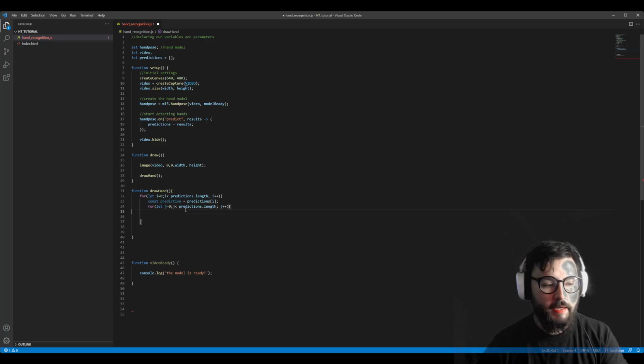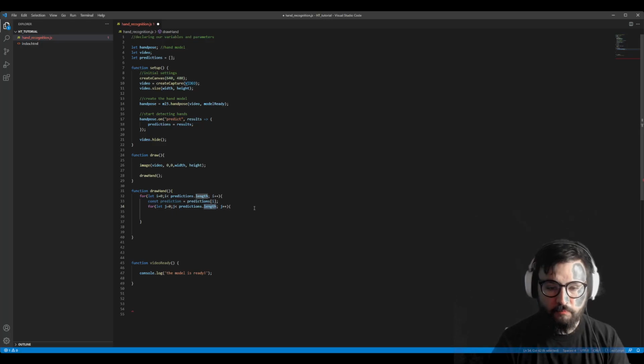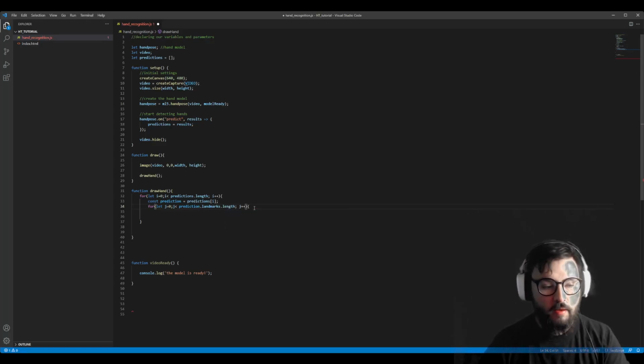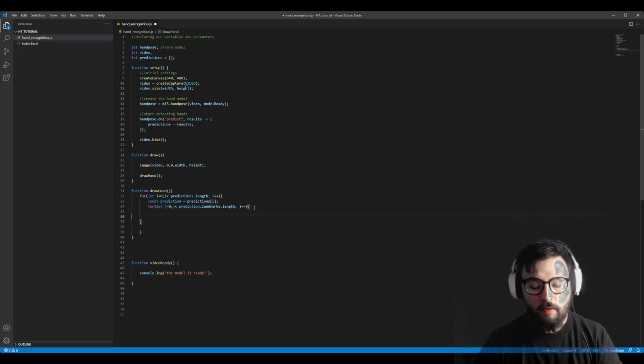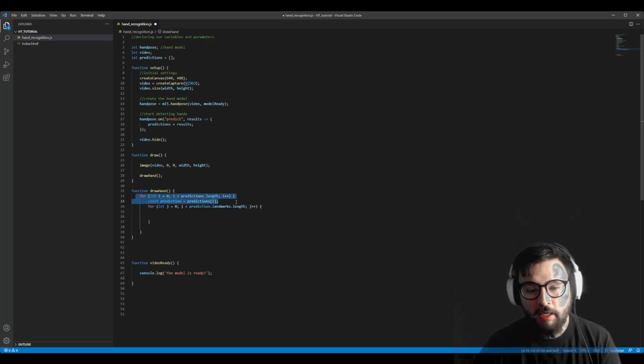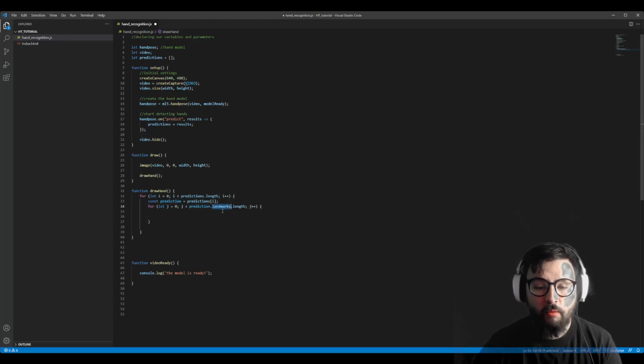We will say that now for every prediction.landmarks.length, so one parenthesis here. Let me format the code. So again, we are checking if we have a prediction. If we have a prediction, because we will only have one prediction, we will get that prediction, and we will check the